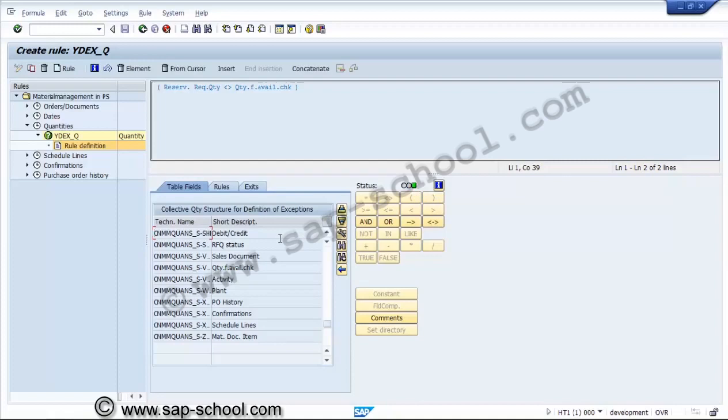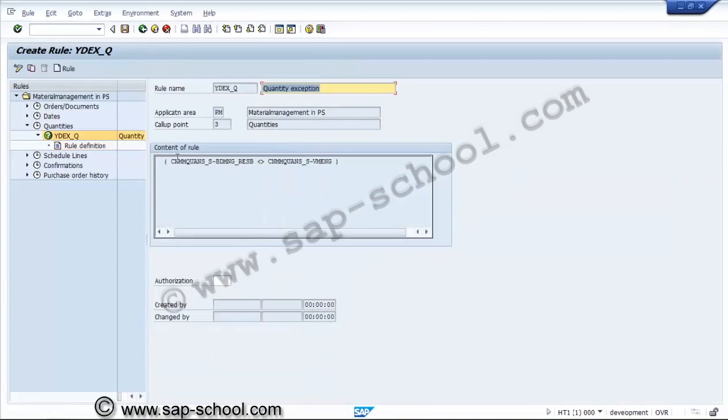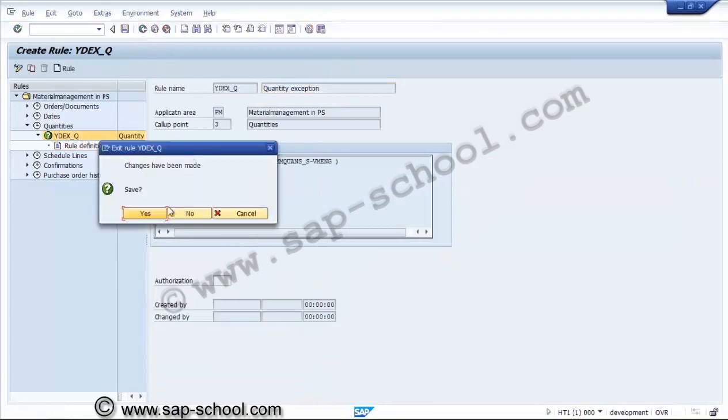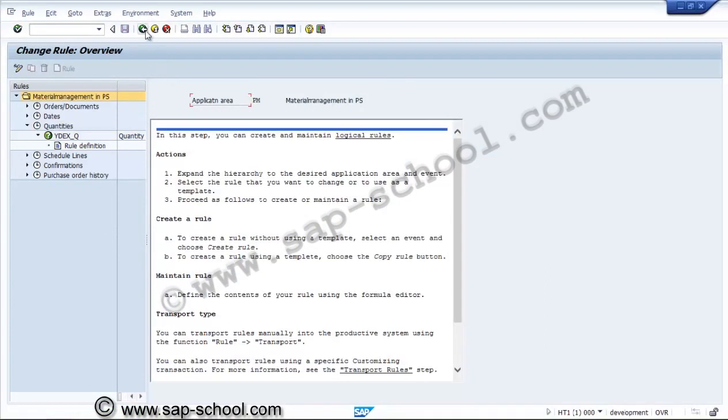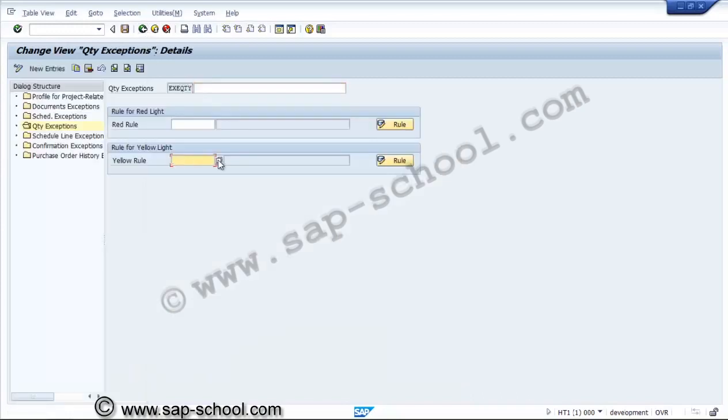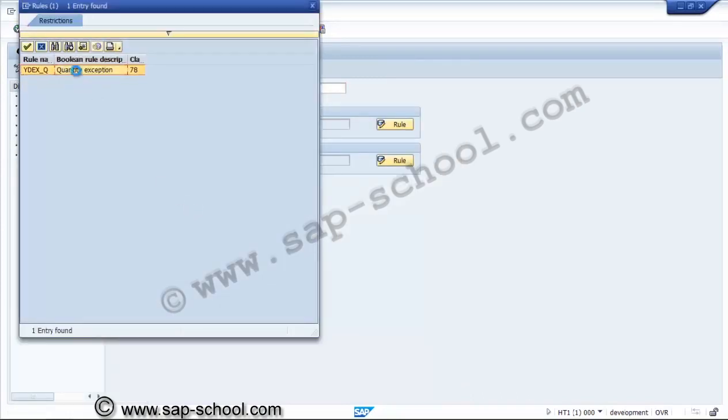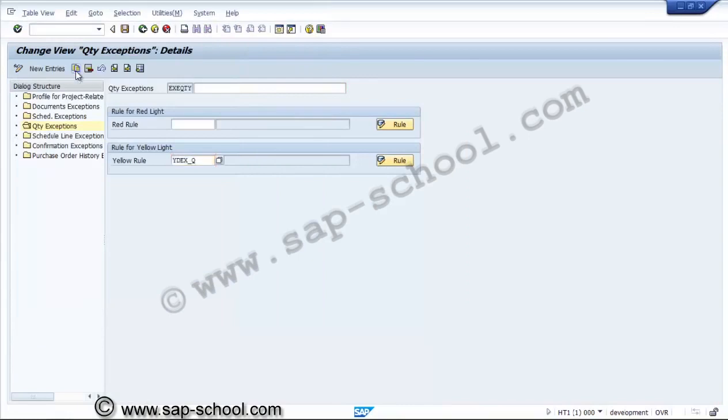So we have created one more rule, the quantity exception. Now if required we can create some more also.